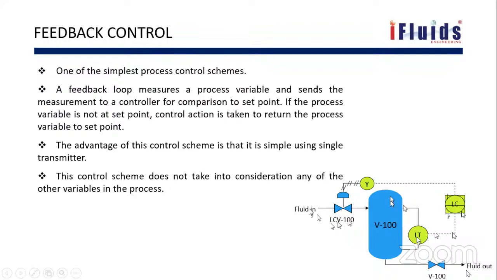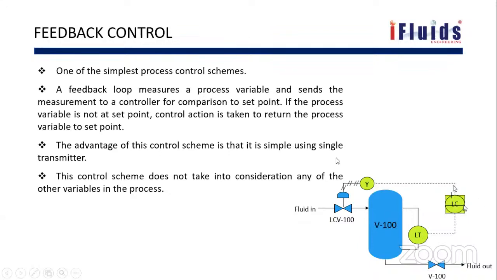So in the controller, I have already kept a set point. Maybe I wanted to operate the vessel at 50% level, so I have given the set point as 50%. It's nothing but a data input, just like typing in your laptop or computer or your mobile phone. In the DCS screen, you'll have this controller. You'll give the input here. I want to maintain 50%, and if this increases,